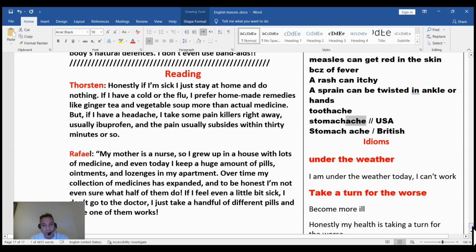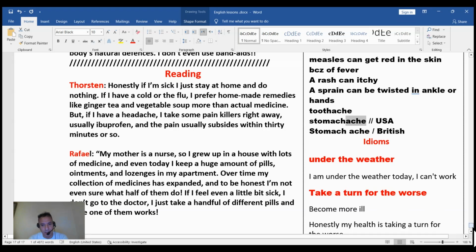Okay. There is another one. You can say take a turn for the worse. Okay, you are becoming more ill, more sick, especially when you have a fever or an allergy, for example. And when you have asthma, something like that, you are getting more ill because of that.